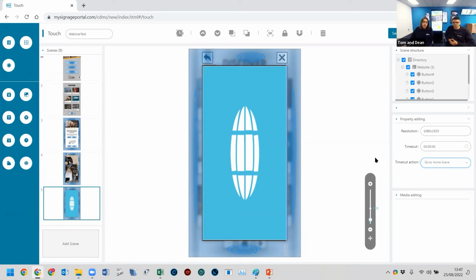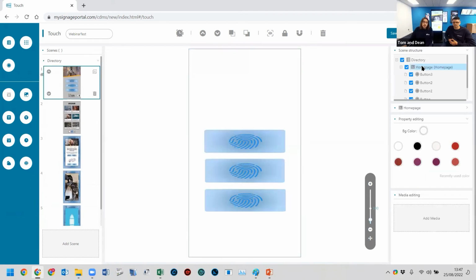What that means is whatever your home page is, and you can see it's always the one that's bracketed, the first one we made, pretty much, it's going to go back to that one. And then the second option is launch screensaver. So this allows you to publish a touch playlist